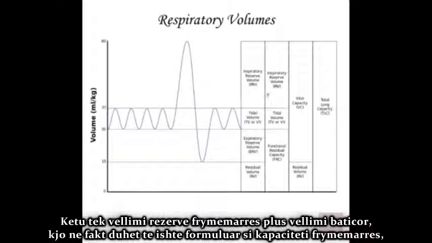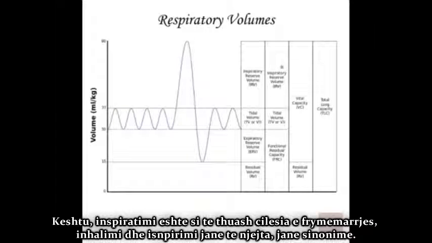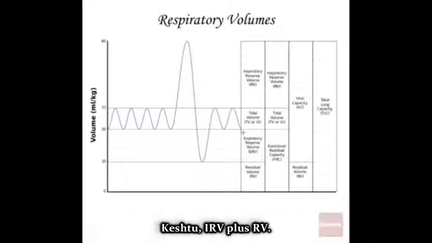Right here, this inspiratory reserve volume plus tidal volume, this should actually be phrased as inspiratory capacity. So this is your total volume for the amount of inhalation that you can take in terms of the amount of air. So inspiratory is like saying, the quality of inhaling. So inhalation and inspiration, same thing. They're synonyms. All of this area below tidal volume, the amount of air that you can exhale below that, including the residual volume, that's called the functional residual capacity. So that's ERV plus RV.